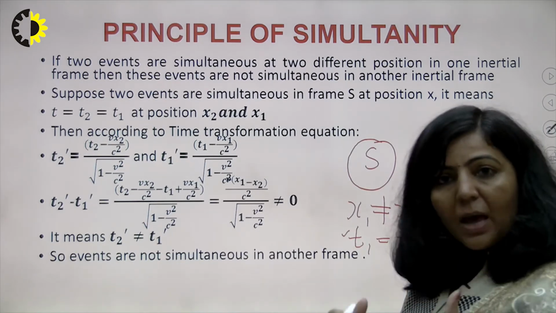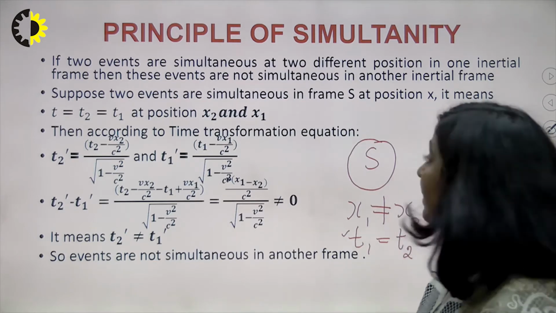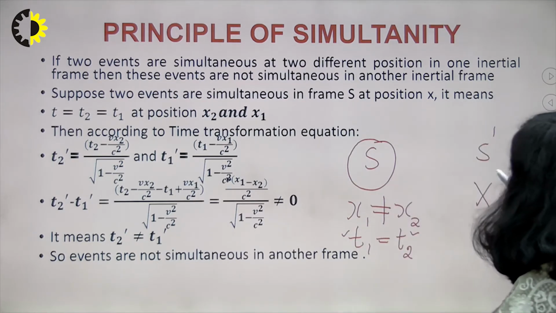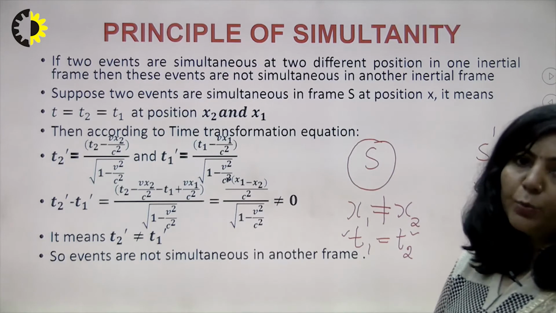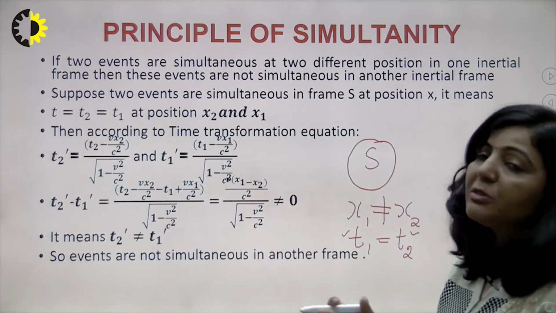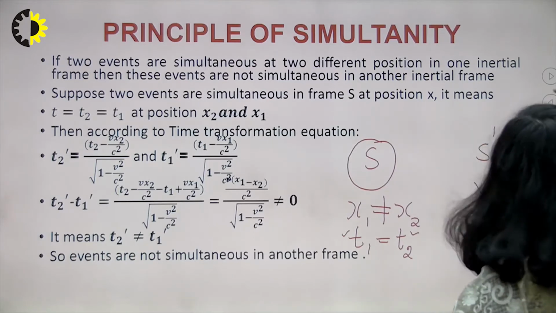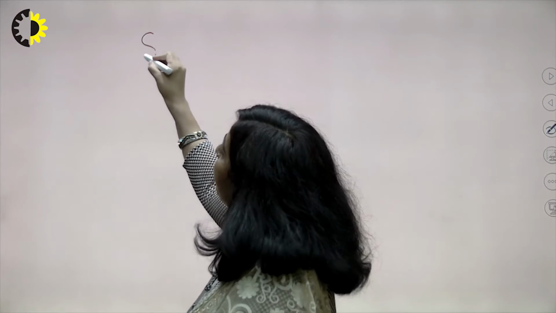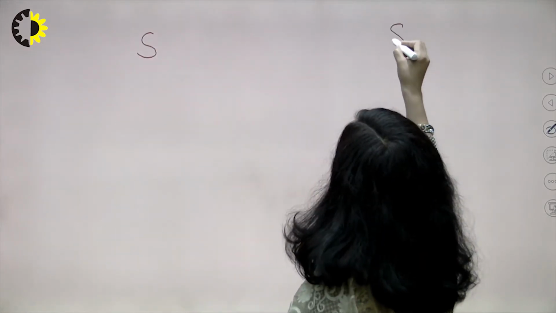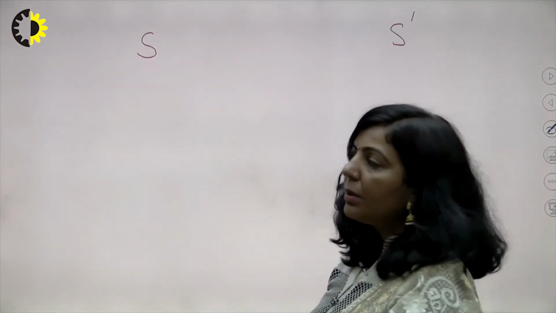They are simultaneous in S frame, but these events will not be simultaneous in S dash frame. You have to prove this. This is the principle of simultaneity. So what is your principle of simultaneity? Mathematically I can say, according to the principle of simultaneity, if we have two inertial frames S and S dash, now